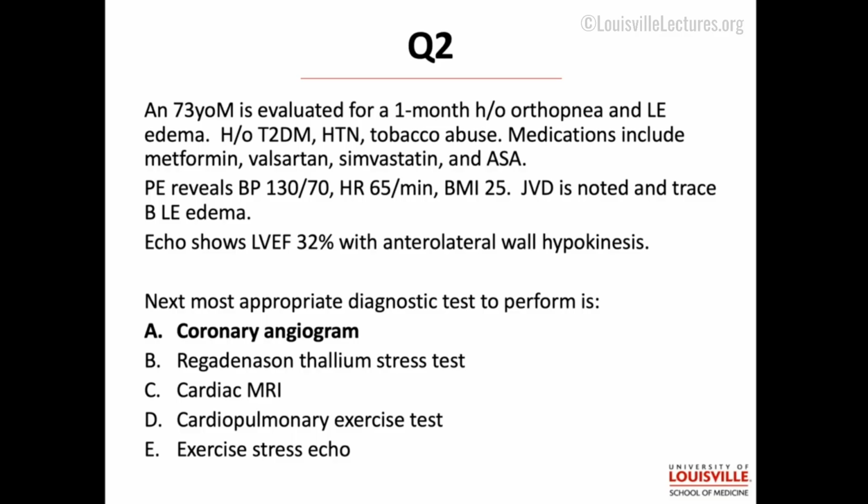And in fact, every patient who is in the later adult years needs some kind of evaluation to see if their cardiomyopathy is ischemic when they're diagnosed with a new heart failure. The reason that we go for angiogram in this patient is because of his risk factors: diabetes, hypertension, tobacco abuse. This is a gentleman who has all the risk factors for coronary disease, and so you would not do a stress test which might give you a false negative. You would go straight for the gold standard, which is going to be the angiogram.